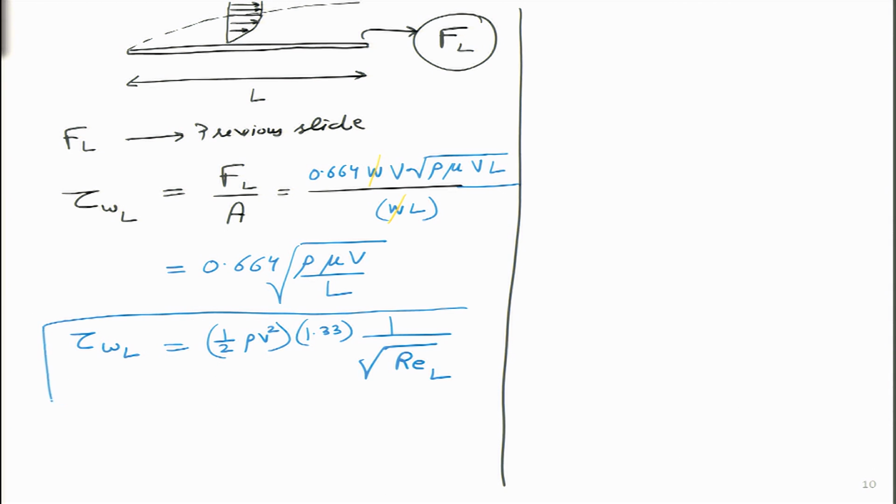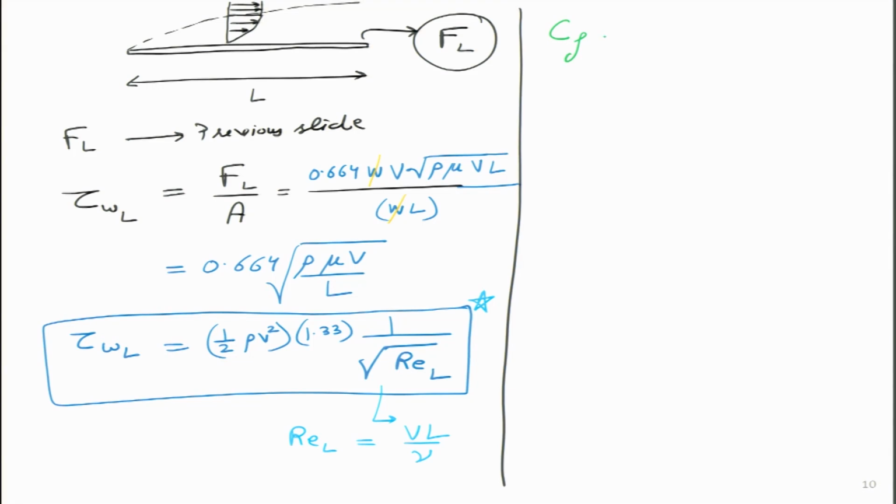which is simply this, and in this equation how we have defined Reynolds number is essentially simply VL by nu. So, I will put a blue star over here. The reason I want to write it in terms of half rho V square, I think students may remember, is that next I want to talk about the coefficient of friction, which is CF. If I want to take its average value, it is simply tau WL divided by half rho V square. This is by definition the coefficient of friction over here.